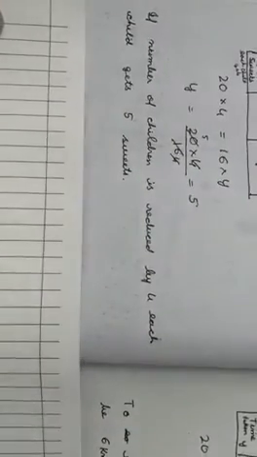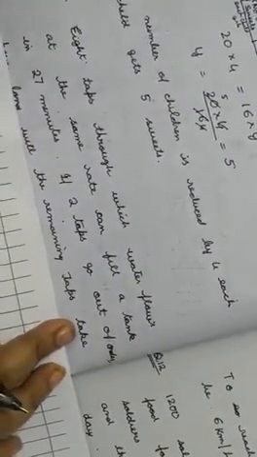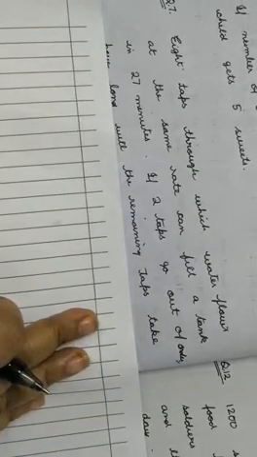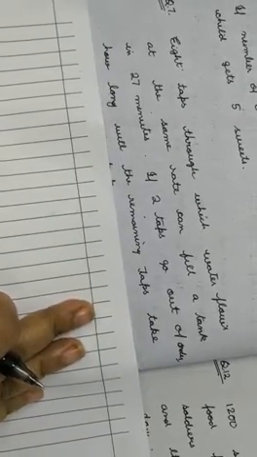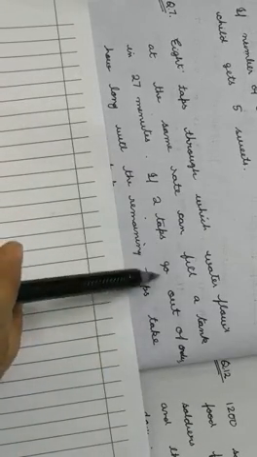Okay, so now coming to the next question. Over here all the questions are of the same kind except for the last one or two. This says 8 taps through which water flows at the same rate can fill a tank in 27 minutes. If 2 taps go out of order, how long will the remaining taps take to fill the tank? So what do we have over here?